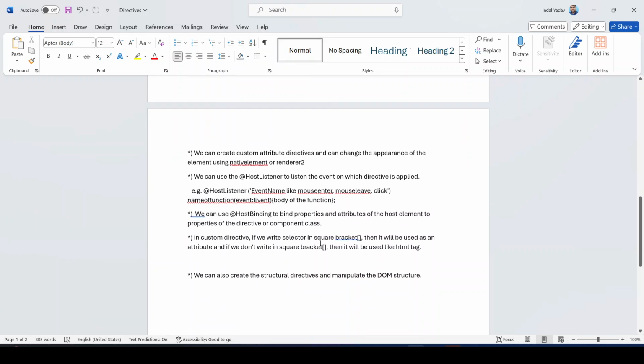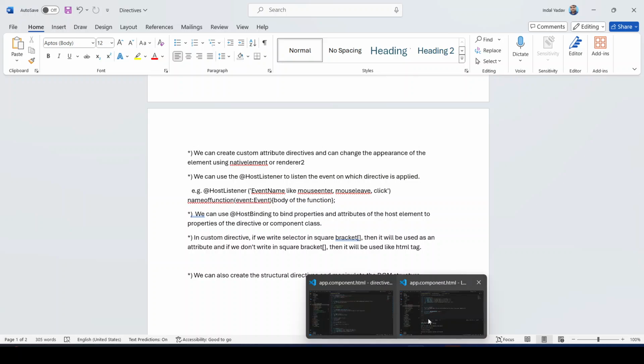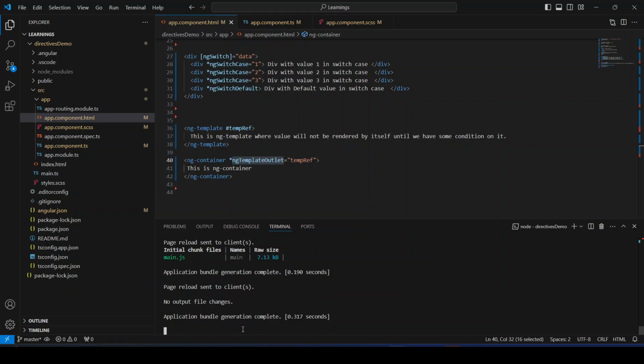Now we have seen a few examples of attribute directives and structural directives. Let's go further and create our own directive. We can create a custom attribute directive and change the appearance of an element. This we already understand, that attribute directives are used to change the appearance of the element. So let's go and create this. We will create our own